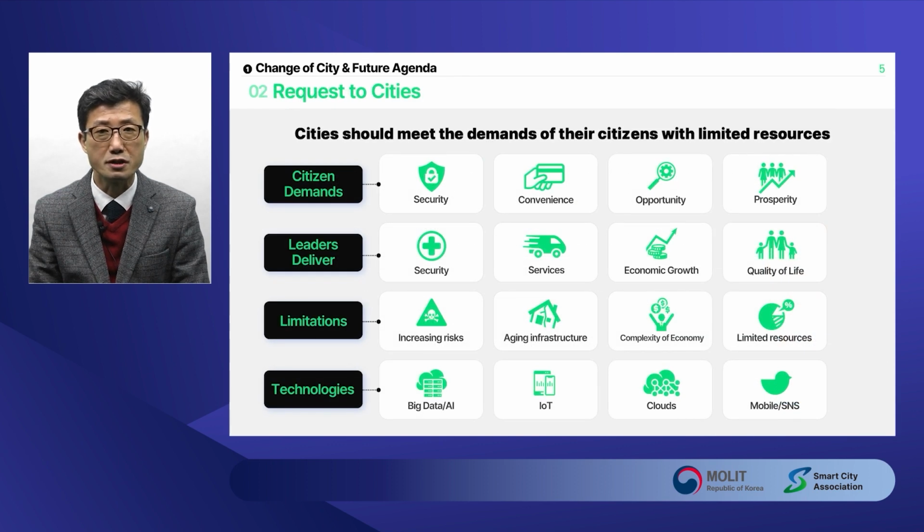However, the city has many limitations, such as increasing risks, aging infrastructure, and the economy's complexity. Also, there are more demands from smarter citizens for security, convenience, opportunities, prosperity, and so on. Therefore, civic leaders should provide a safe city, convenient city, economically growing city, and city of high quality of life